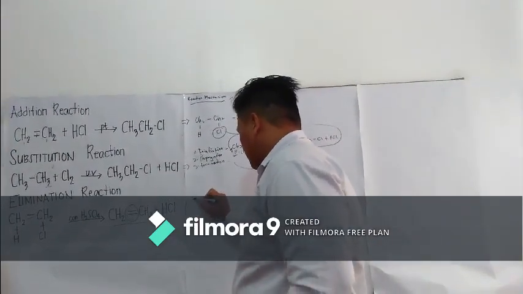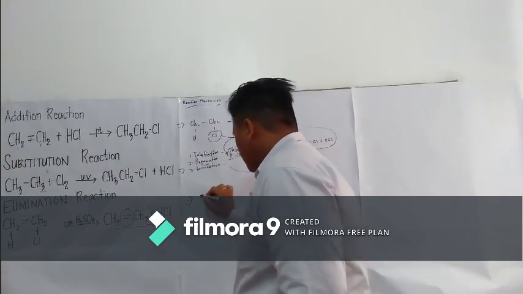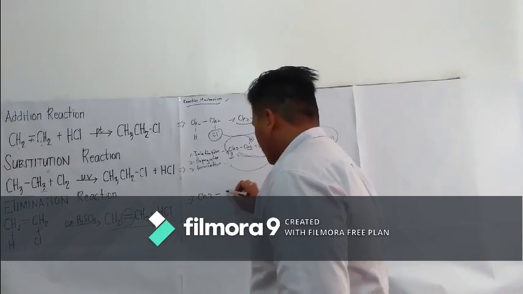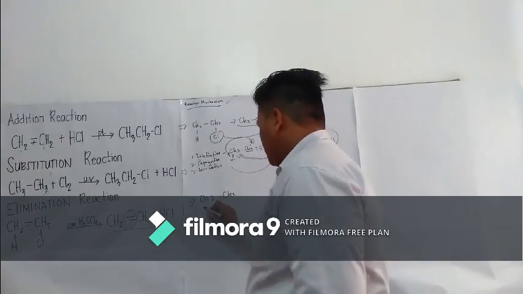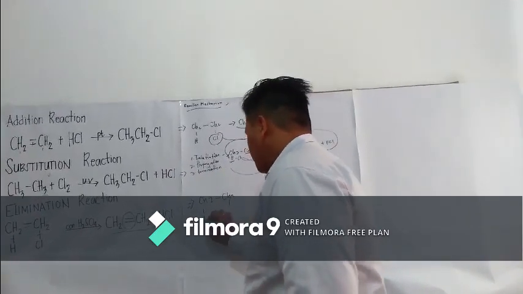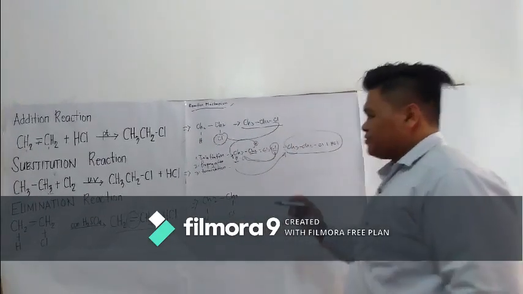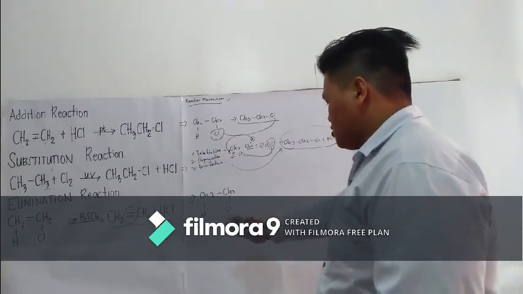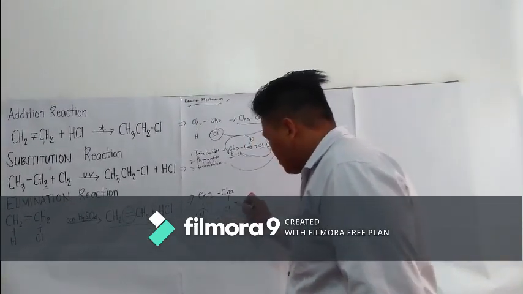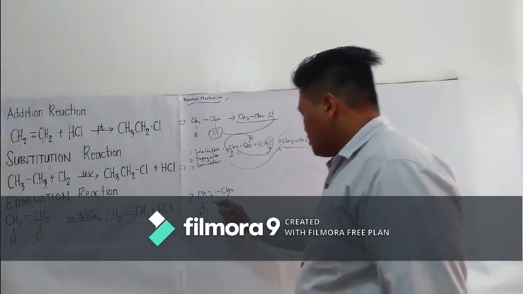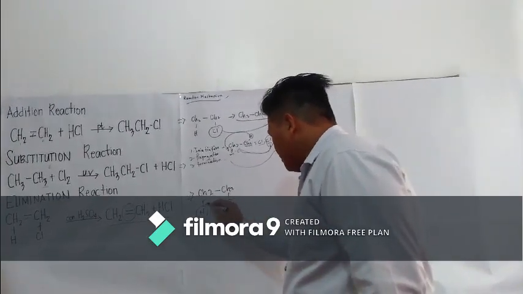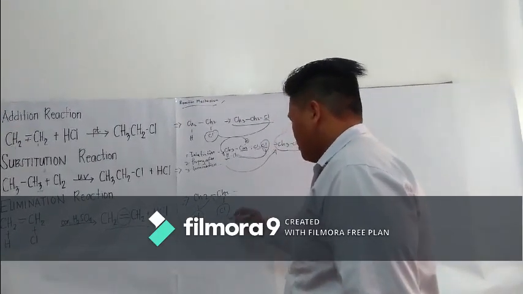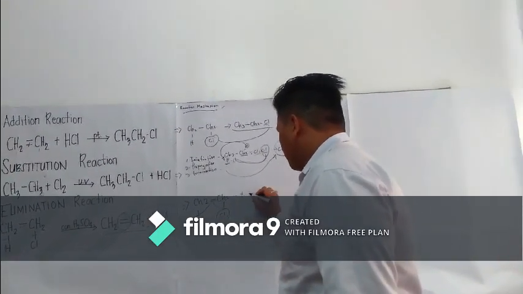So in this part, CH2 single bond CH2. This one is then hydrogen and chlorine. So in elimination, we need to eliminate the molecules, or the two parts of the molecule, the hydrogen and the chlorine. So this sigma bond will form here to go there, then make a pi bond. And in this one, it will become the